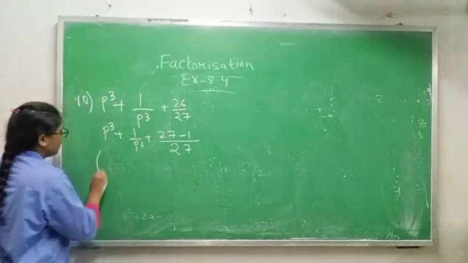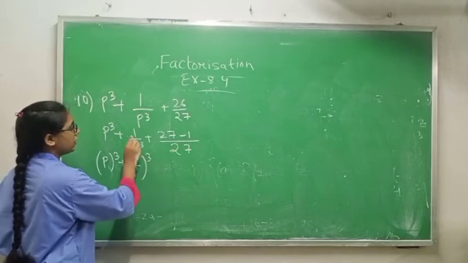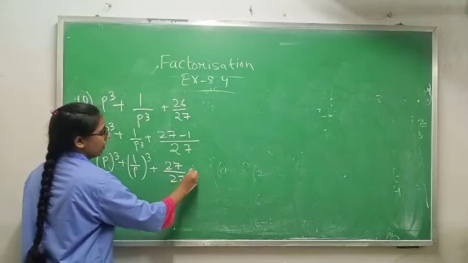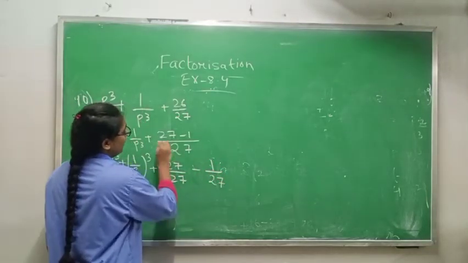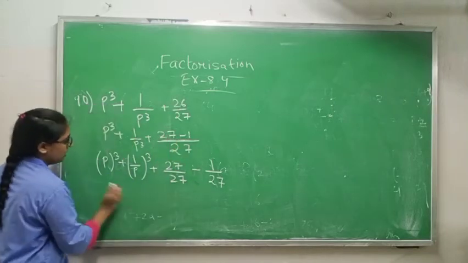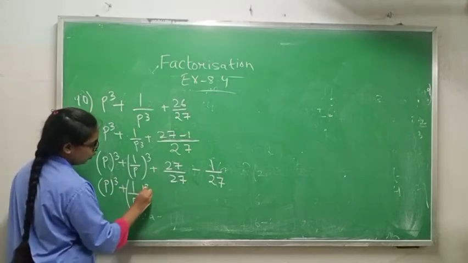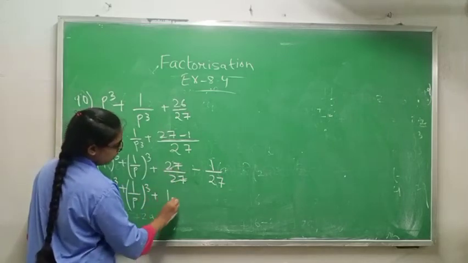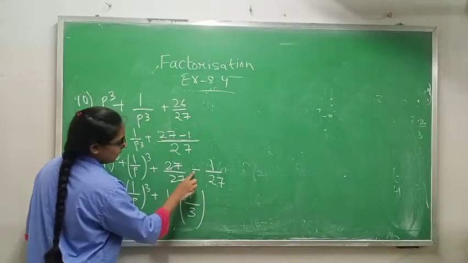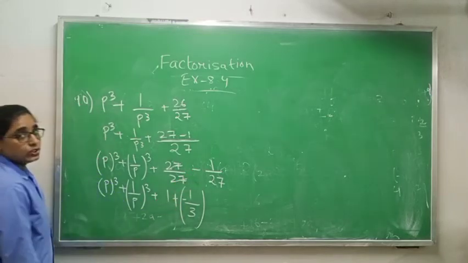27. Okay. Now p whole cube plus 1 by p whole cube. We can write this because 1 cube will be 1 only. Separate this 1 by 27 and minus 1 by 27. We can separate this 27 with this one as well as with this one. Okay. Now p cube plus 1 by p whole cube, 27 will be 27 will be 1, minus 1 by 27 is minus 1 by 3 cube. Okay. I am writing this minus inside and I am giving plus sign to make it into the formula.